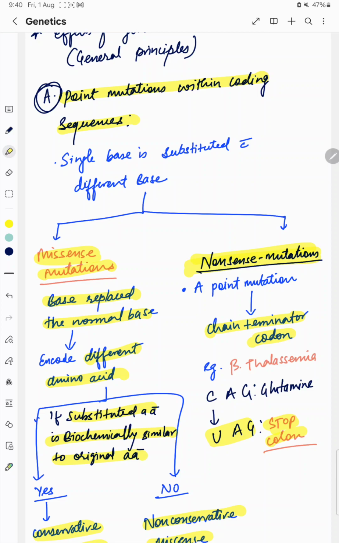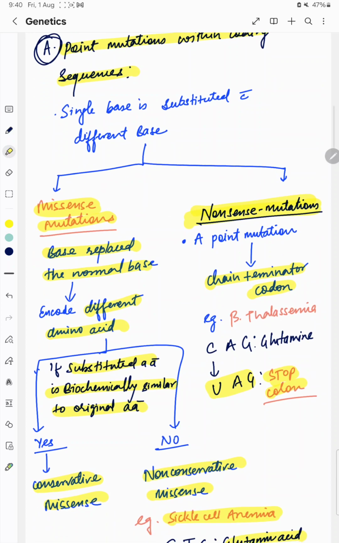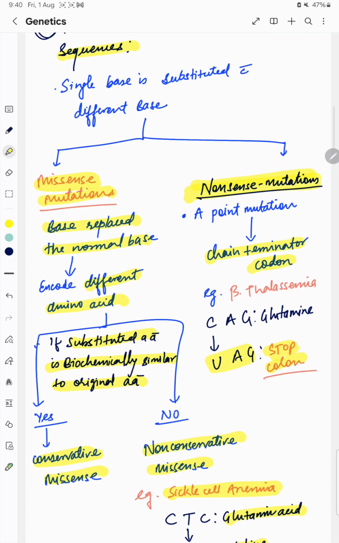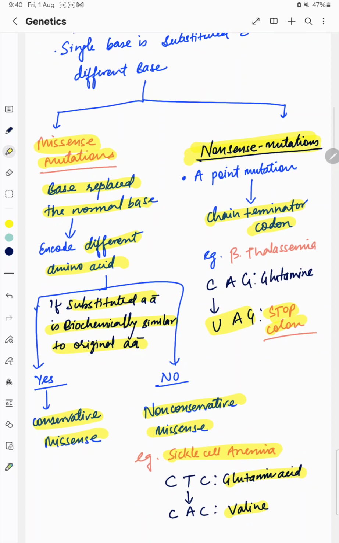In missense mutation, a base replaces the normal base, which encodes a different amino acid. If the substituted amino acid is biochemically similar to the original amino acid, then this is known as a conservative missense point mutation. If the substituted amino acid is biochemically different from the original amino acid, then this is known